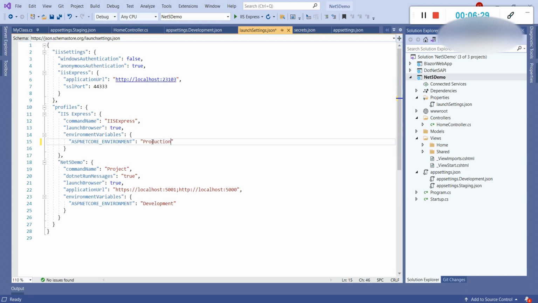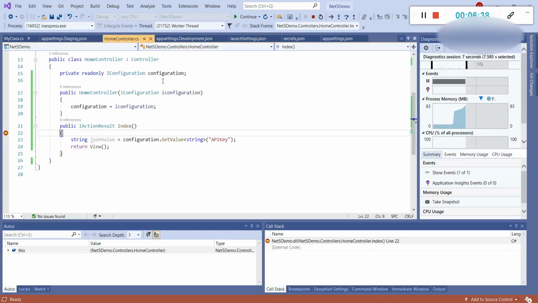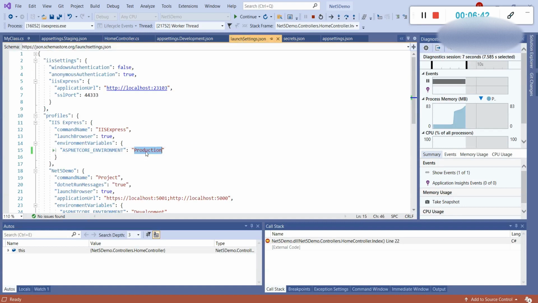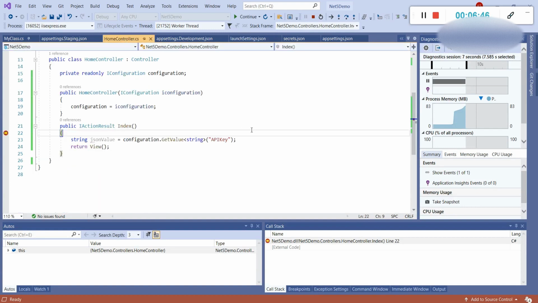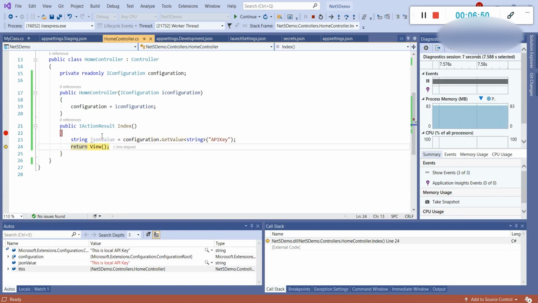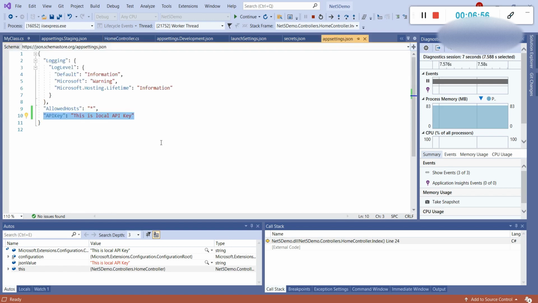Suppose we change it to production, but in our project there is no production environment file, so what will it return? Let's check this. Currently in launchSettings we have the production environment set, but in our project we do not have any JSON related to production. So what will it return? Let's check. It is returning this is local API key. It means it is showing the value from appsettings.